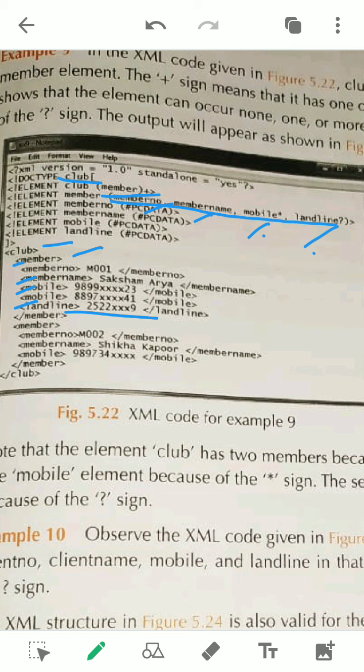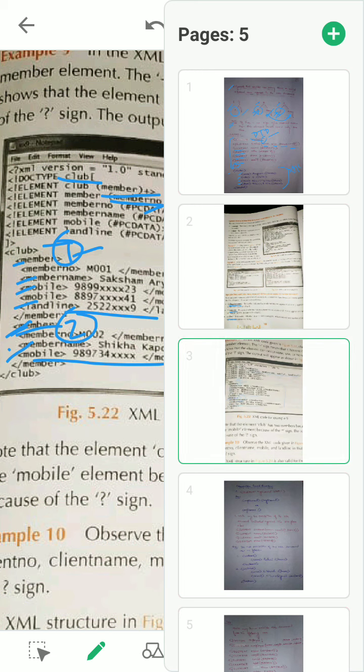That means if you write only the 2 elements, member name and member number, this XML is also correct. But again, if the plus sign is given, we can add another member here. Like you see first member here, and the next time another member you are adding here, 2 members, because plus means more than one time. Here also member number and member name must come, because these have no sign, so they must come. Here only one time mobile number is written. Okay, when you write like this, I hope you have understood how to write from the DTD. One example you can see in your book.